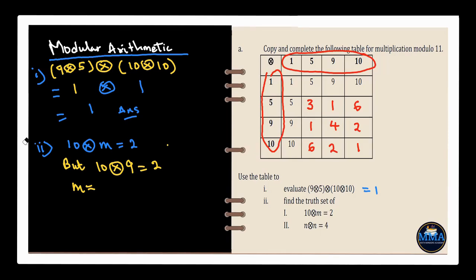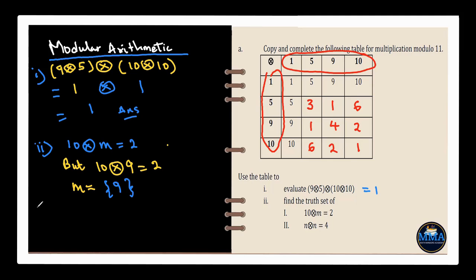A set. So this is what we have. 9. So this is what we have. All right. Now the next one, we are asked to find, that is the